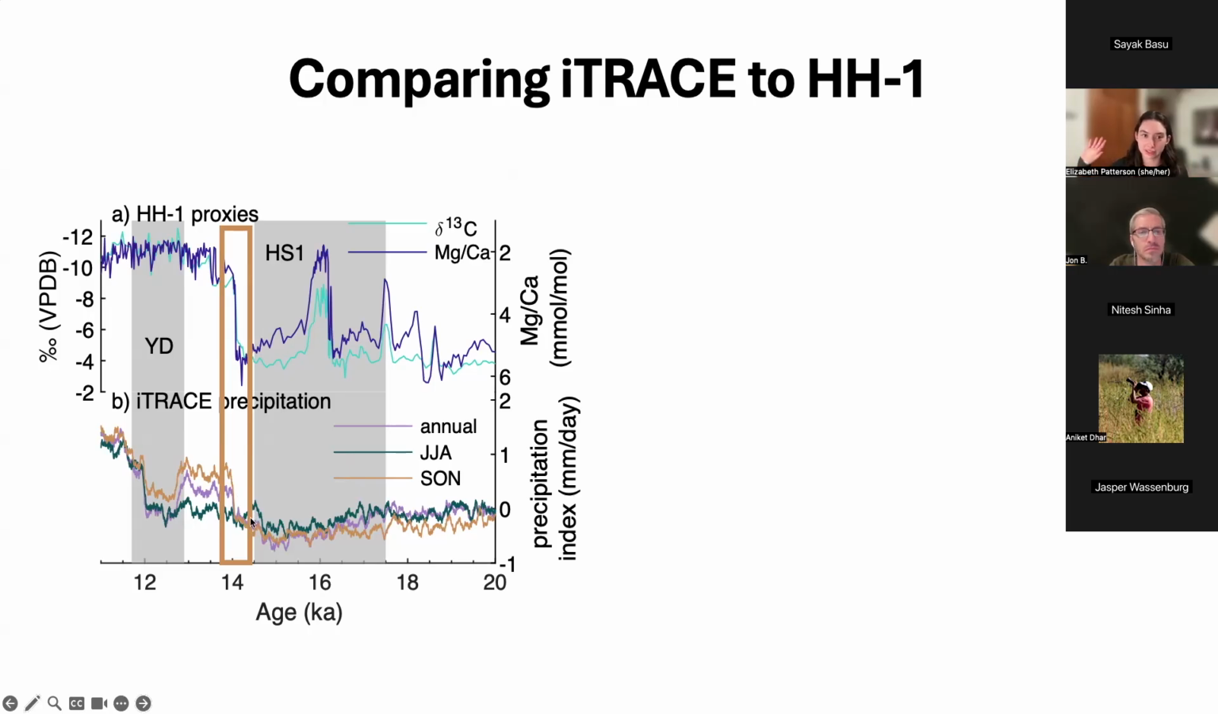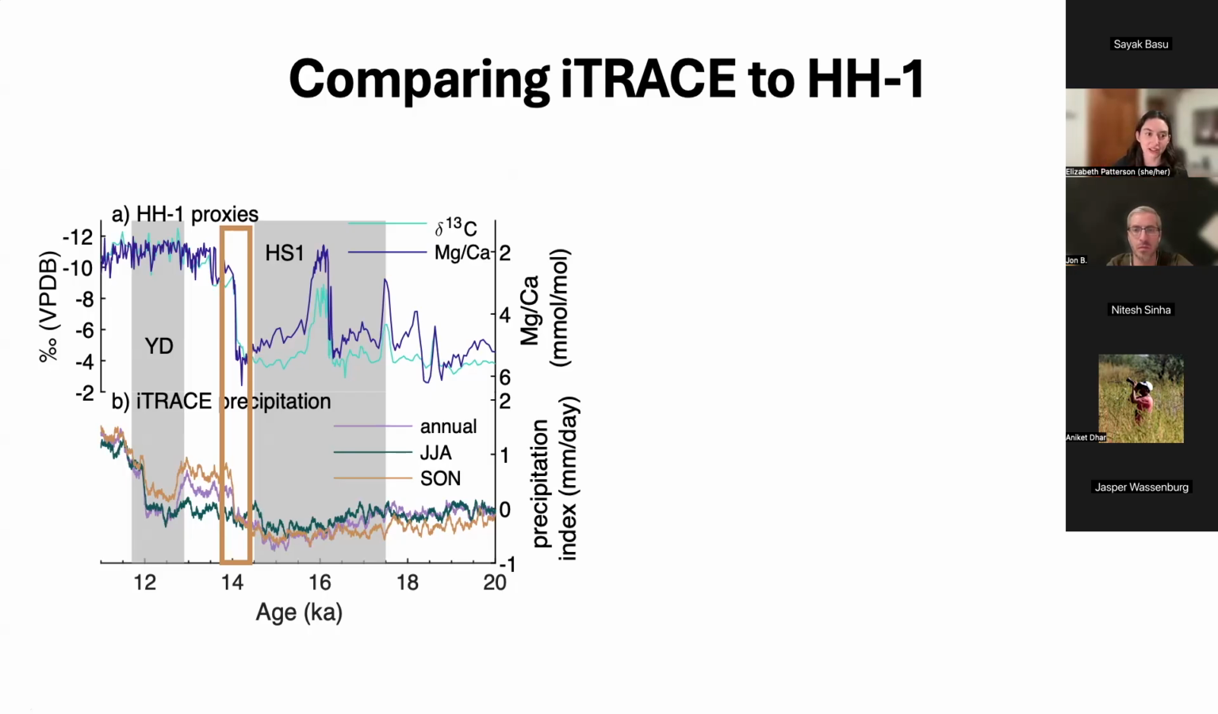I was so excited when I first plotted this that it appears that the climate model and the proxies are showing the same thing, at least for this time period. There are some notable differences, like iTrace shows drying during the Younger Dryas, and we don't see much of a signal in our record. And then this event at around 16,000 years ago, iTrace doesn't resolve that either. So it's not perfect, but this really big dry to wet shift, it seems to be capturing,